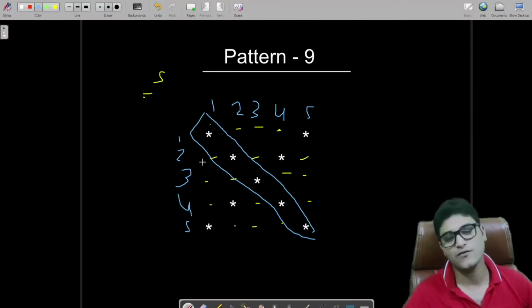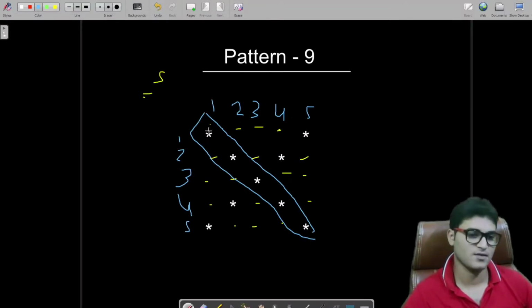So there are 5 rows and 5 columns. So this star is printed at row 1 and column 1, and this star is printed for row 2 and column 2. This star is printed for row third and column third. This star is printed for row fourth and fourth column, and this star is printed for fifth column and fifth row.